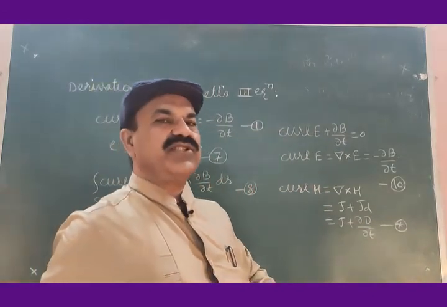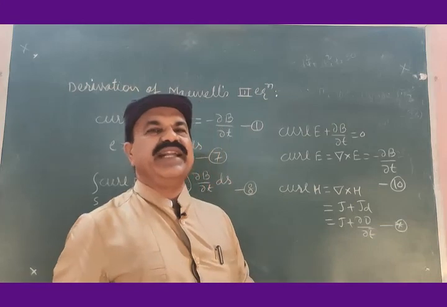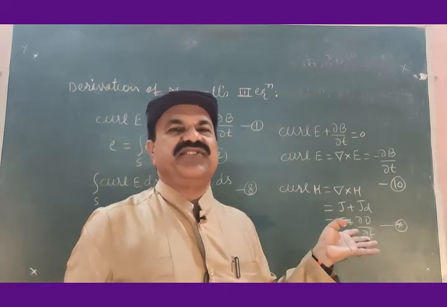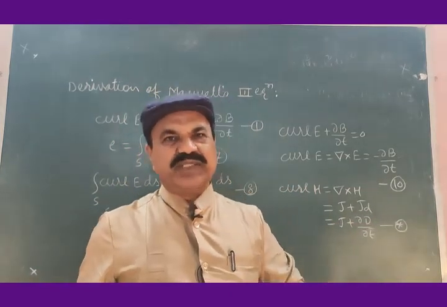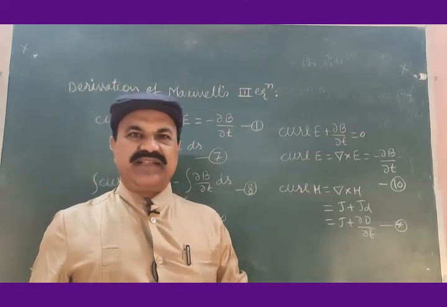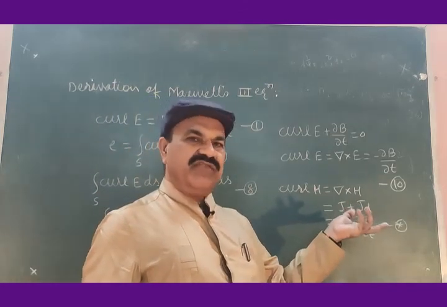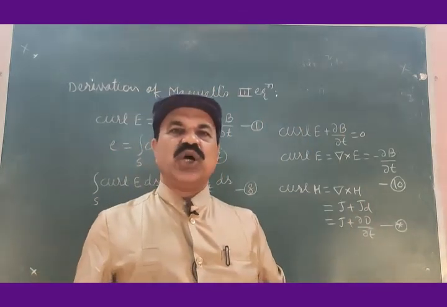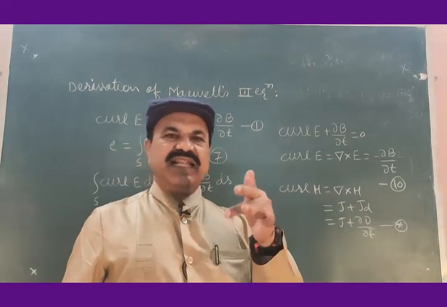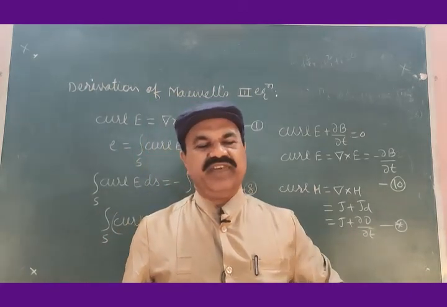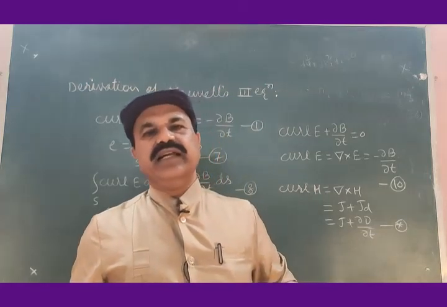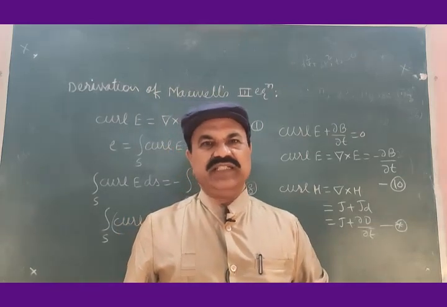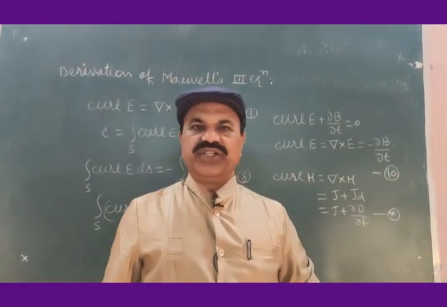Derivation of Maxwell's fourth equation of electromagnetism. This is the equation, and you already derived this in the second article, Generalization of Ampere's law and displacement current. So if the proof of this equation is asked, you just go for the generalization of Ampere's law and displacement current, and write the same article. This way we complete here the derivations of all four Maxwell's equations of electromagnetism. Hope you got it. Thank you.